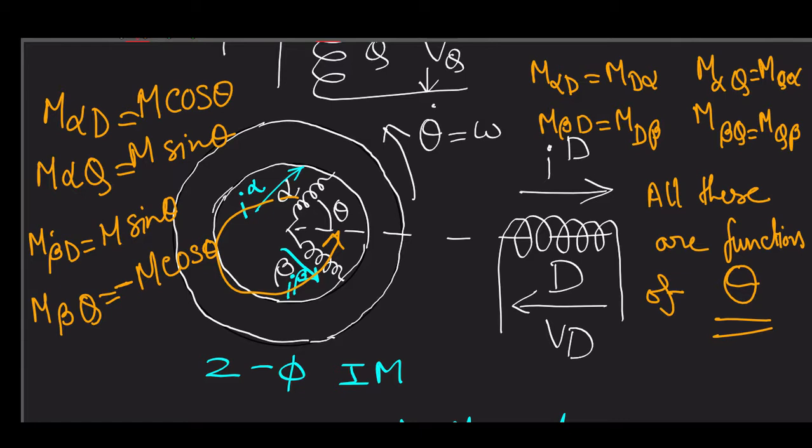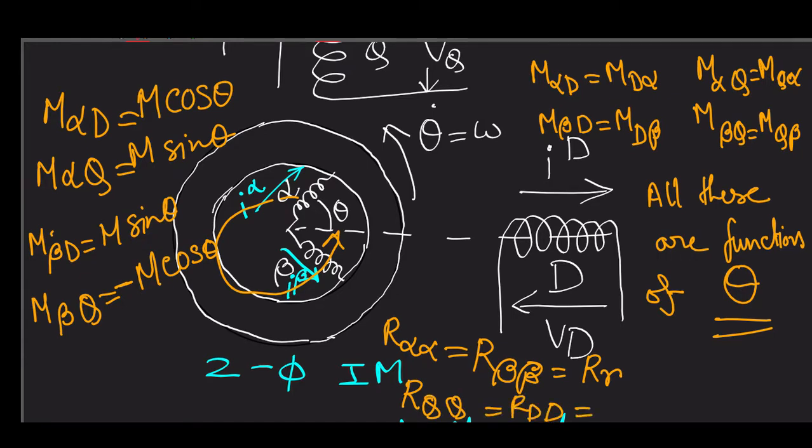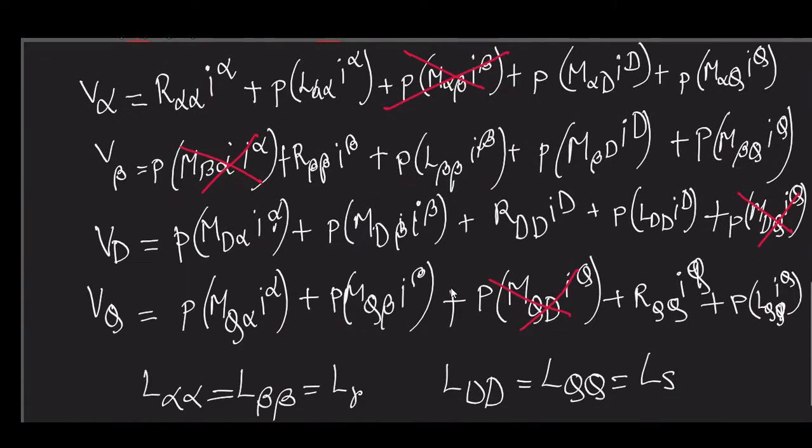Now at the same time, as our rotor and stator are balanced, what we can write more is r alpha alpha is equal to r beta beta is equal to r, that is constant, and r q q is equal to r d d is equal to r s, that is also constant. So now let us write the matrix equation here. What we will get, this matrix equation will become